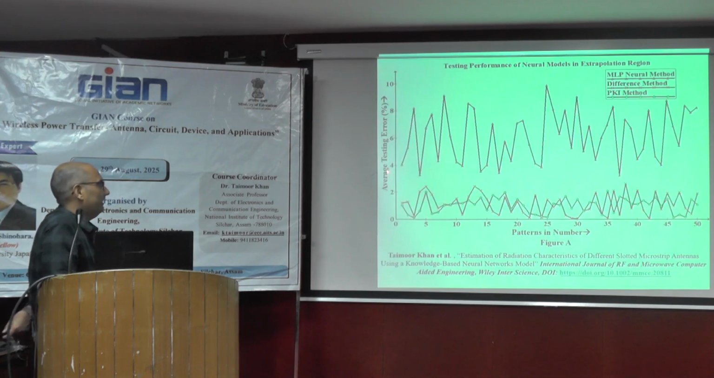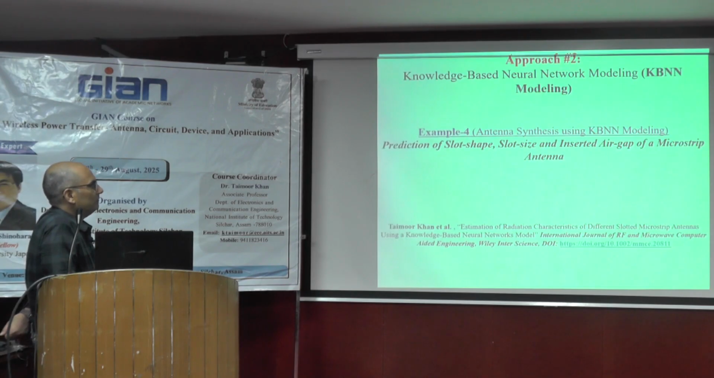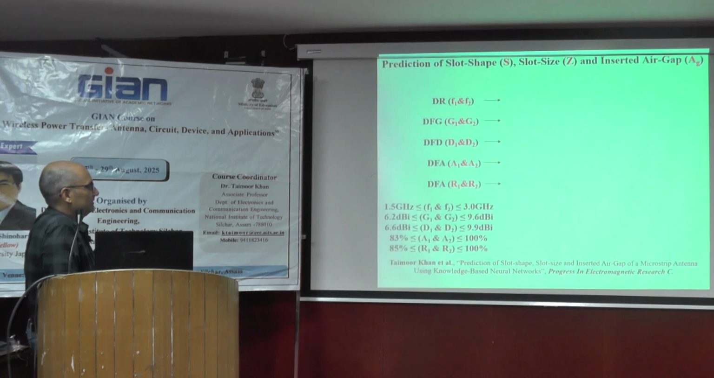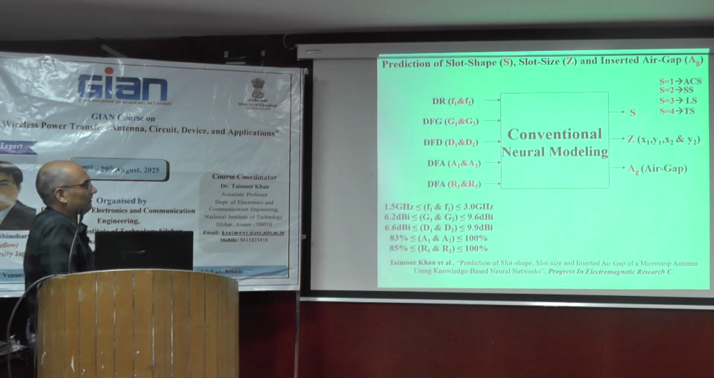Then the same, average testing errors versus number of patterns. Coming to the last one quickly, it will take less than 5 minutes. Prediction of slot shape, slot size and inserted air gap of a microstrip antenna using the same KBNN1. Here just see that S is specific slot prediction, out of 4. Z means the position where you are placing it, X coordinate, Y coordinate of these two slots, and AG is